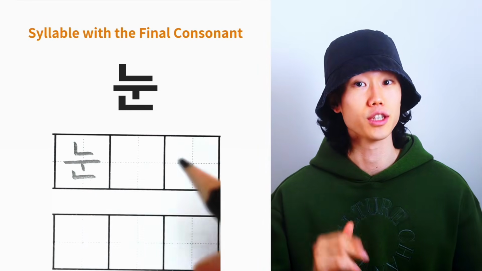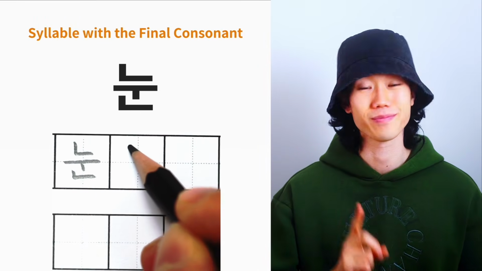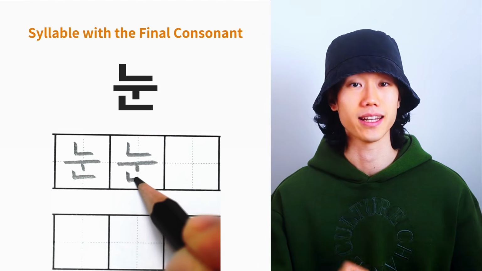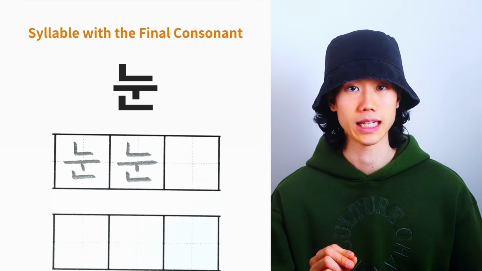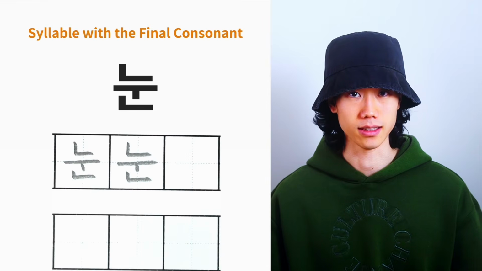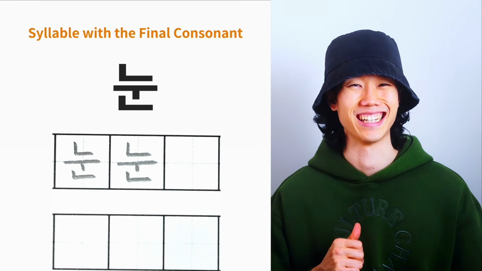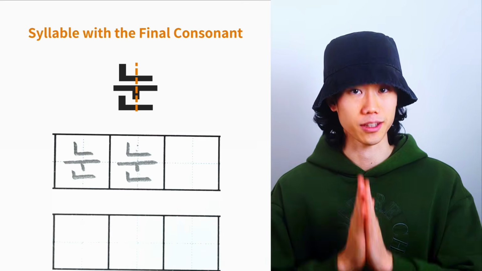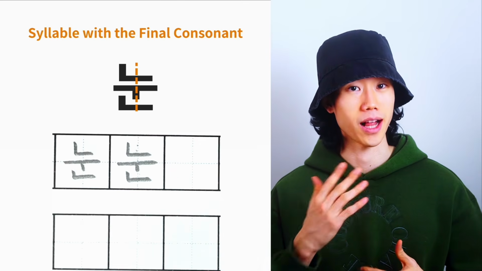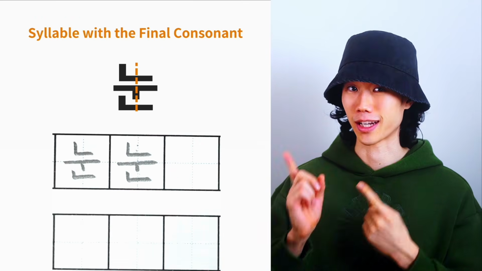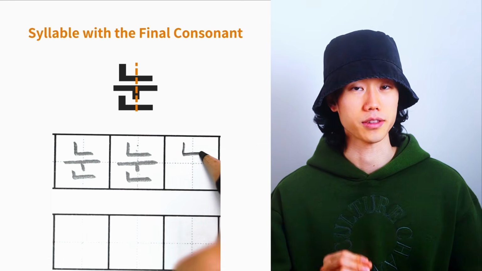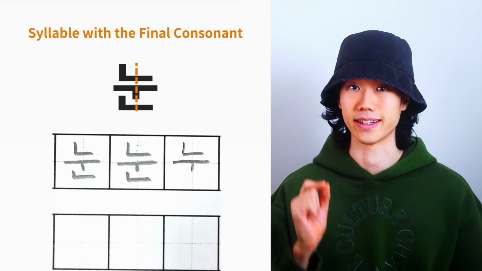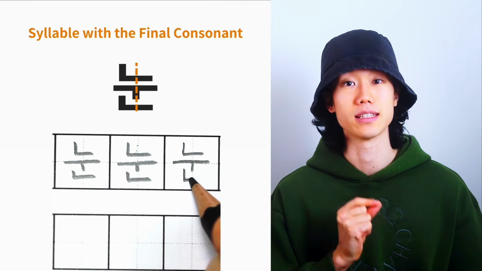Next, 눈. Top, down, 눈. One more time. 눈, the beginning consonant, and vowel, 우, and the final consonant, 눈. And for vowels with long horizontal stroke, write the final consonant in the center like this. It'll look more balanced in this case. So let's write it one more time. The beginning consonant, vowel, 우, and the final consonant in the center, 눈.